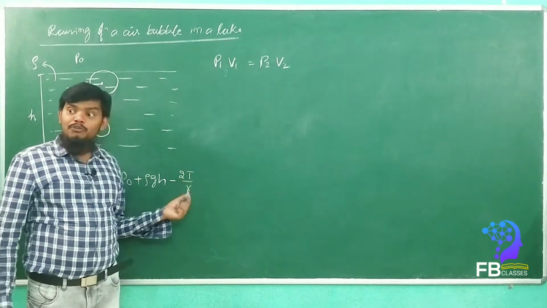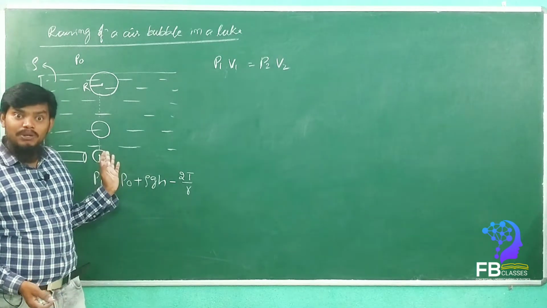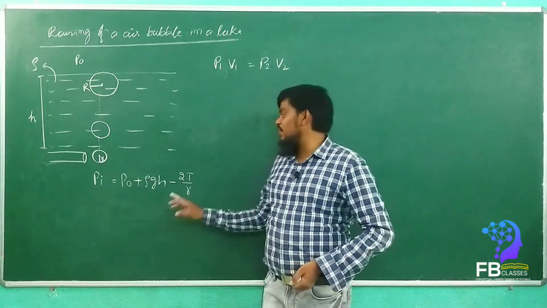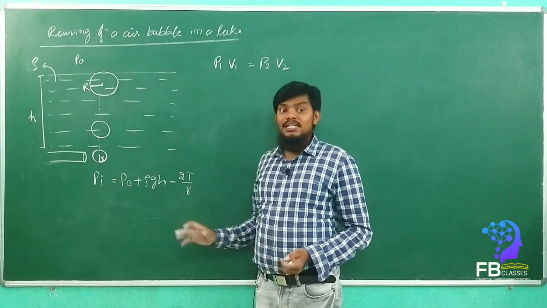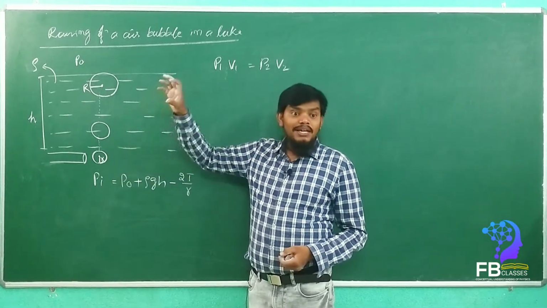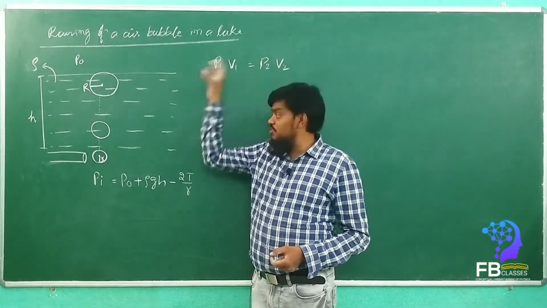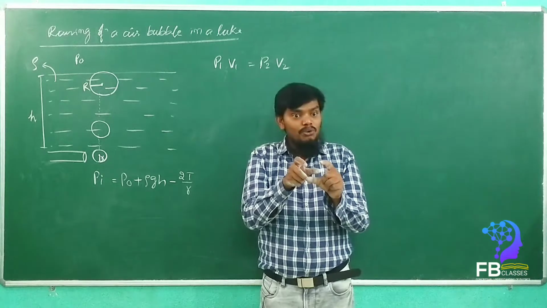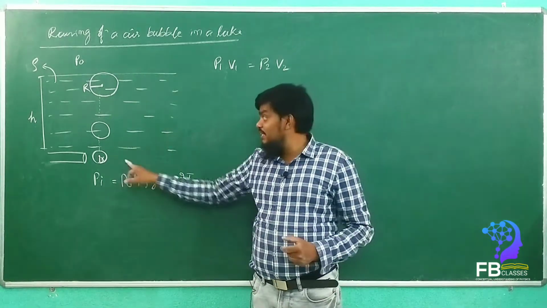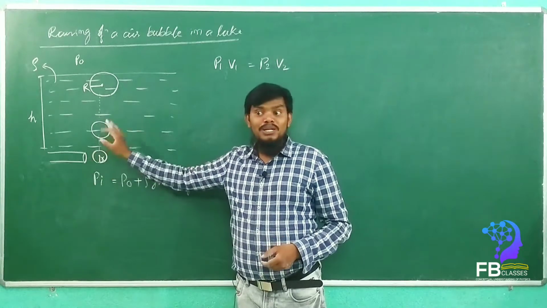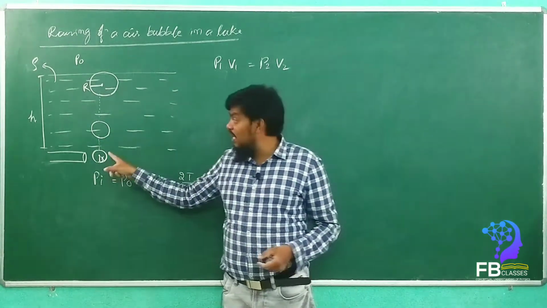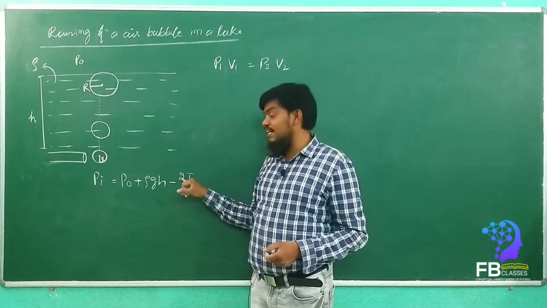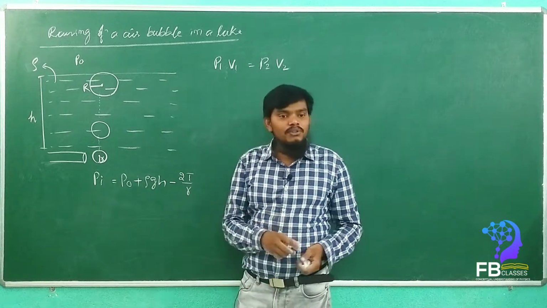of an air bubble, yes or no? Here, 2T by r or 4T by r? It is an air bubble, right? We are saying air bubble, right? So when we say air bubble, most of the students put the value as 4T by r. But that air bubble is different, this air bubble is different. In that air bubble, inside the bubble there is air, and outside also there is air. Here only inside is air, but the outside is totally water. That means how many surfaces are there here? Only one surface which is exposed to the air, only one surface, right? So that's why we are writing 2T by r instead of 4T by r.